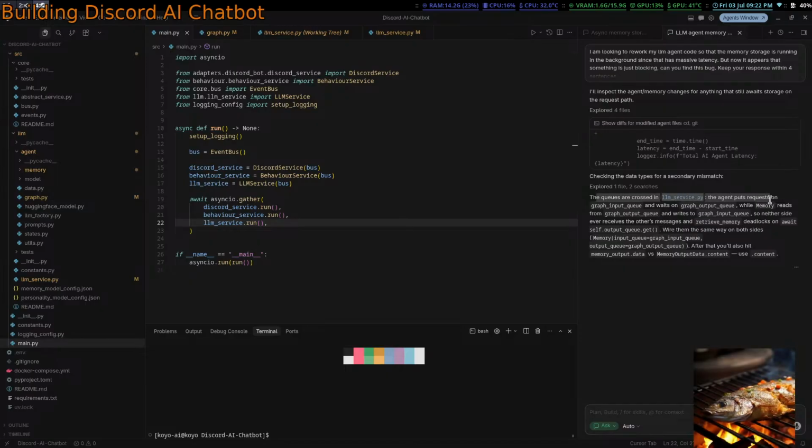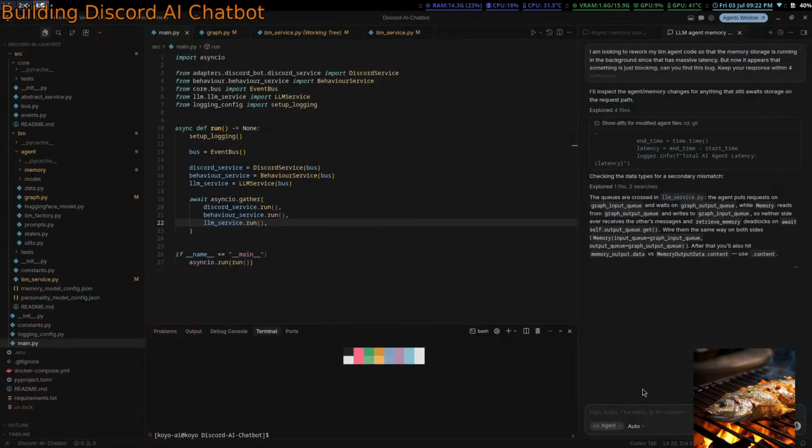Oh, queues are across the LLM service, puts request on graph input, and waits on graph output while memory reads from graph. Oh, I see. Graph input queue. You know what, I just don't really feel like implementing this manually, mostly because I'm typing stuff on the side.